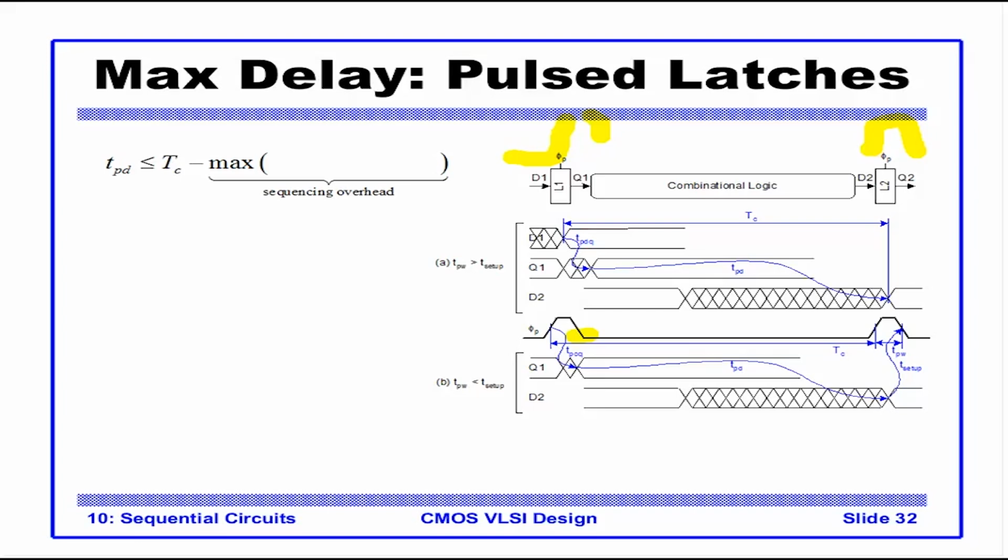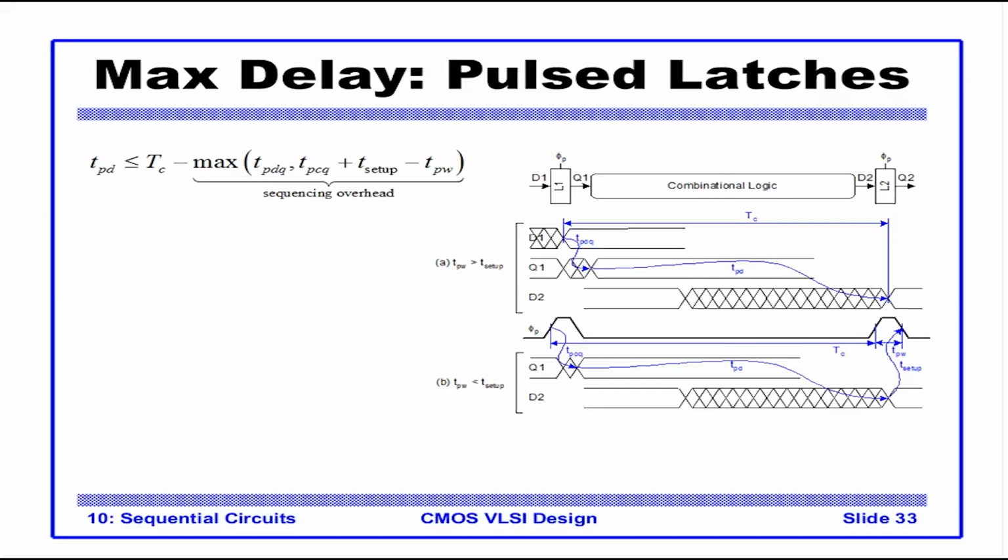So you will have D to Q. You have TPDQ, that is clock to Q. Sorry, data to Q. Plus you have the TPD, and this should happen before the TC, the next pulse happens. So combining these two cases here, we say that the sequencing overhead is max of